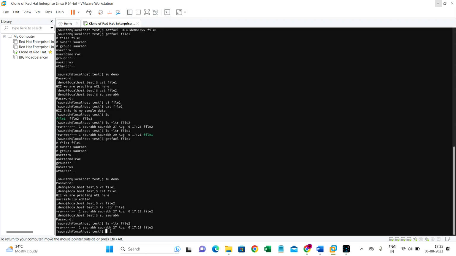So what can we do now? We have a group, demo, and we want any user that is a member of the demo group to have the same access control list. For that, we can just specify the group during